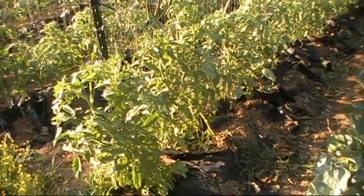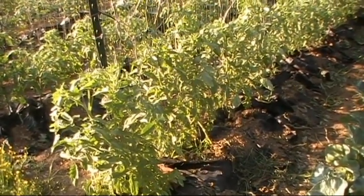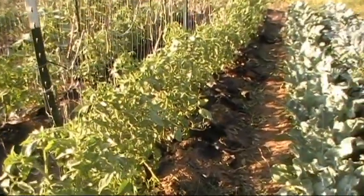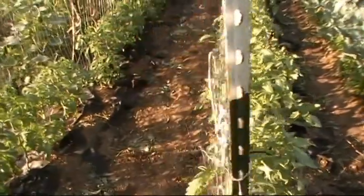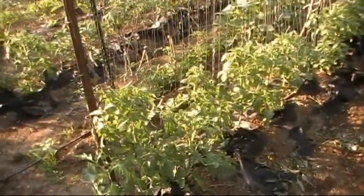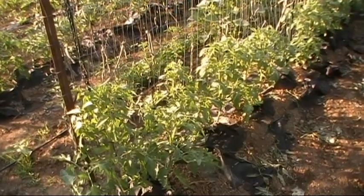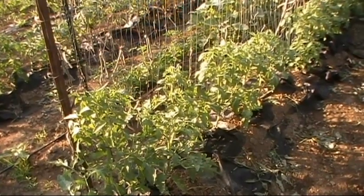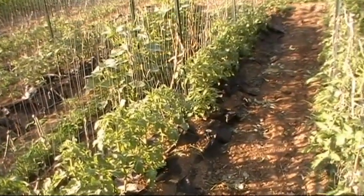Mule team tomatoes. They're blooming. They grow really fast and tall, but they're kind of slow about blooming. But once they do produce, they produce big, nice tomatoes. This, I don't know. Yeah, I take that back. This is the Jet Star and Jet Setter. It's the next row of them. It's mixed. End of this row's got